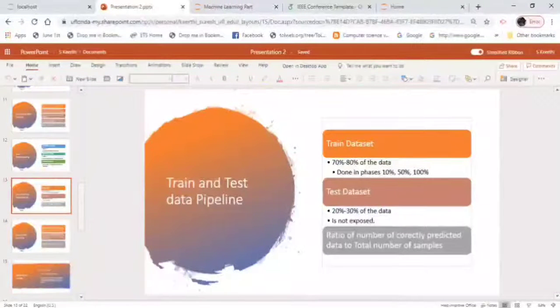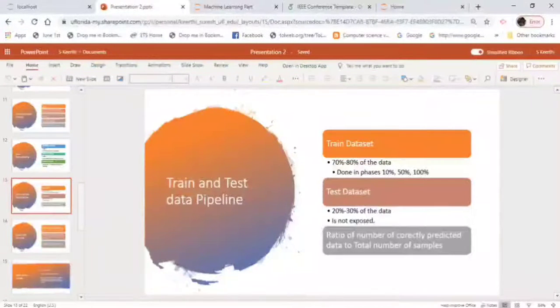For the training data set, 70% to 80% of the data is separated, and the remaining 20% of the data will be the test data. This 20% of the data will never be exposed to the model, so that we can measure the accuracy at which the model predicts.